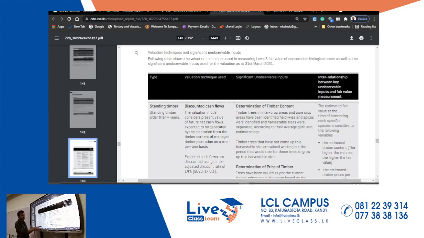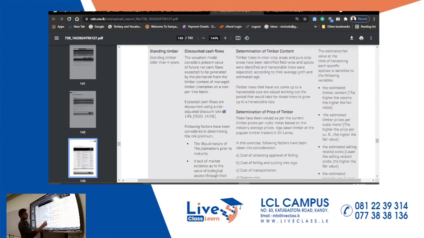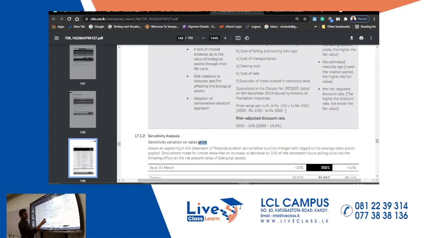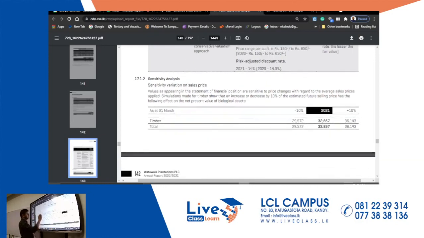Expected cash flows are discounted using risk-adjusted discount rate of 14%. ඒ කියන්නේ බලන්න significant unobservable data. ඒගොල්ලෝ මොනවද use කරලා තියෙන data. Everything they disclose here. See මොනවද use කරේ. I'm not going to tell you one by one. See the price range for maybe a particular measurement. Feed is 150 rupees to 650. වගේ එක valuations අරගෙන තියෙනවා.